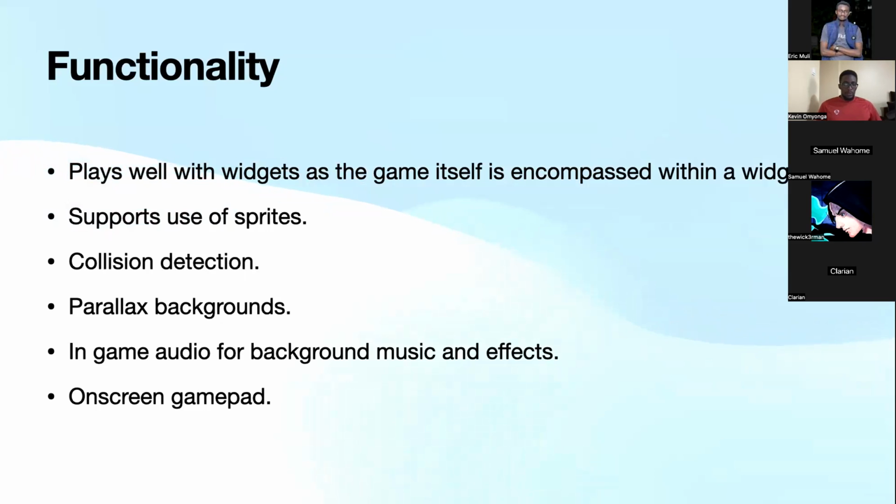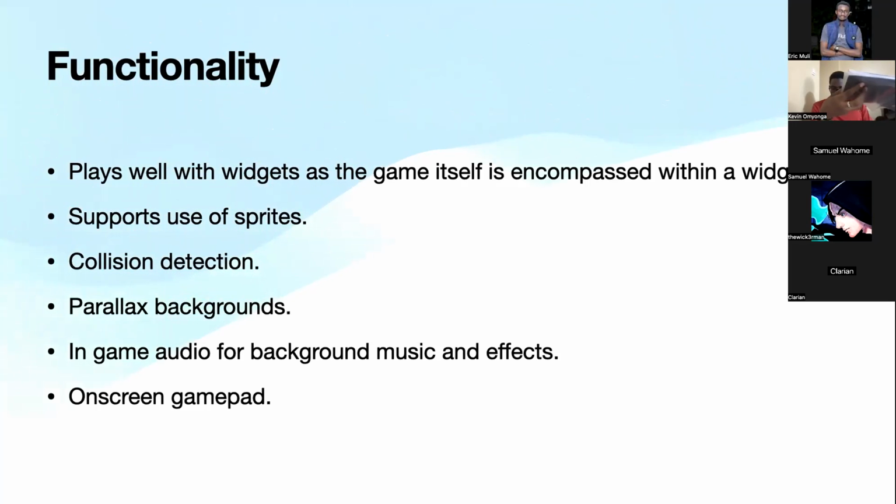It supports the use of sprites. I'm not sure if you're familiar with sprites, but a sprite is basically like, if you ever did this thing in school where you'd have a book, then you'd draw stick figures just carrying out some actions on the pages. As you flip the pages, it makes it seem like the figure is moving, when actually it's just different images replacing the other.